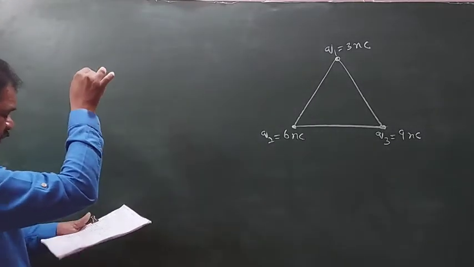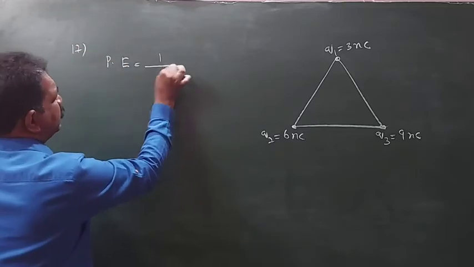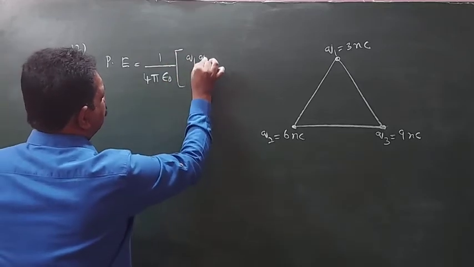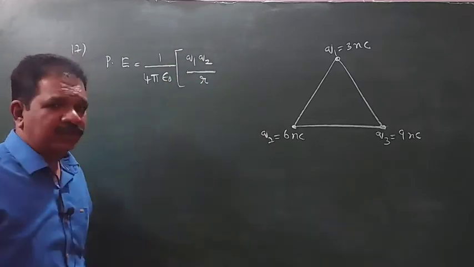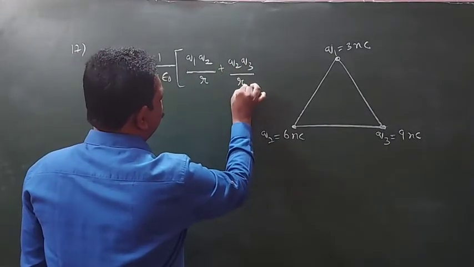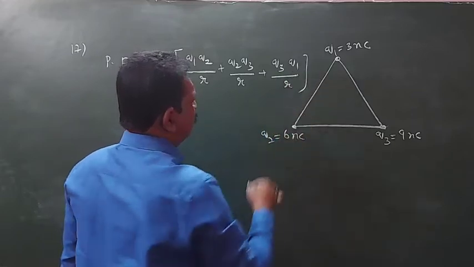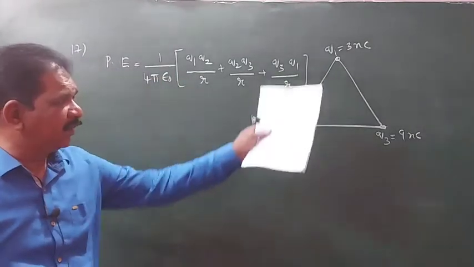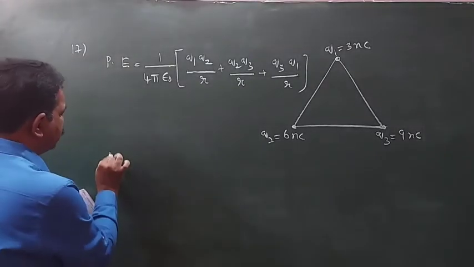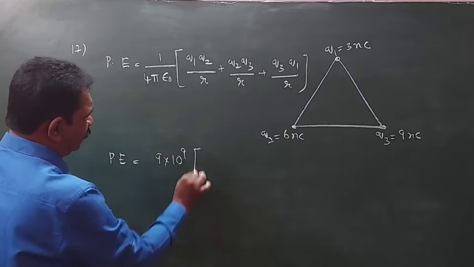So what is the formula? Already we discussed this model in the synopsis. PE is equal to 1 by 4 pi epsilon naught, Q1 Q2 by R, here R is the same, plus Q2 Q3 by R23, plus Q3 Q1 by R31. This is also an equilateral triangle, so the sides will be the same. So if we substitute these values, PE is equal to 1 by 4 pi epsilon naught,